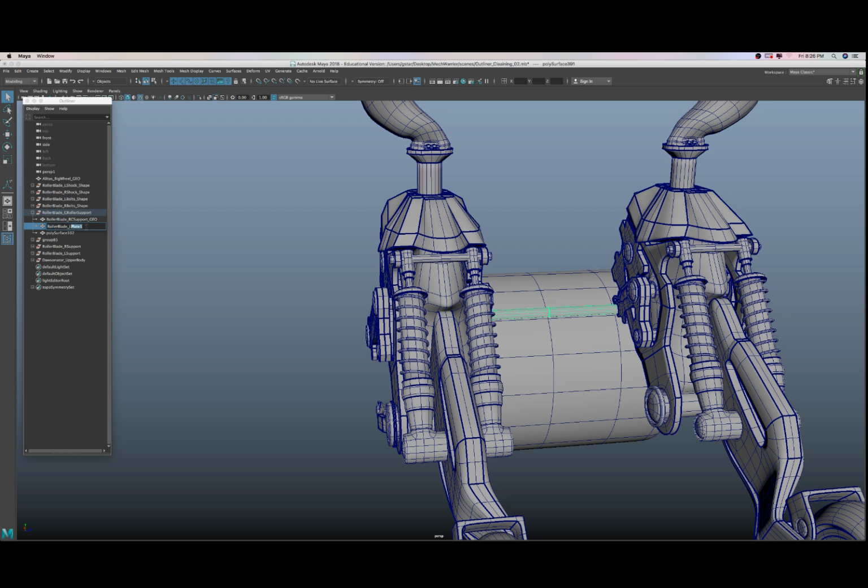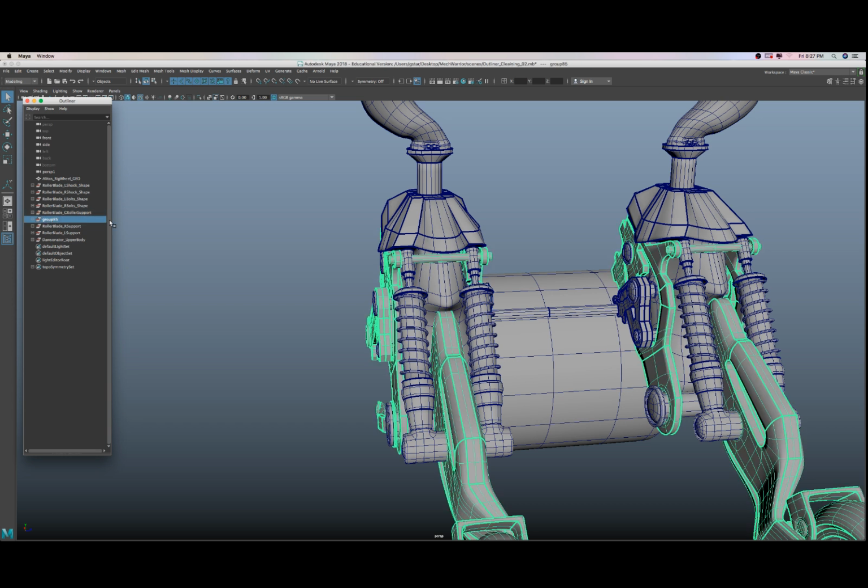Rollerblade center, and I call it pipe underscore geo, and this is going to be that guy but left. Okay,